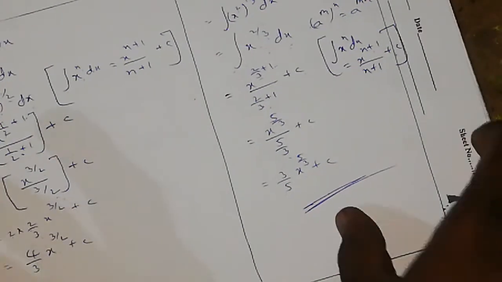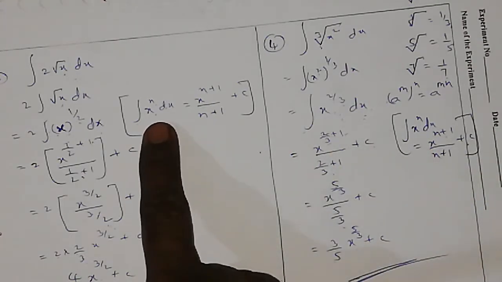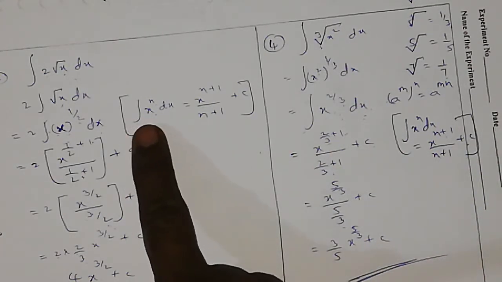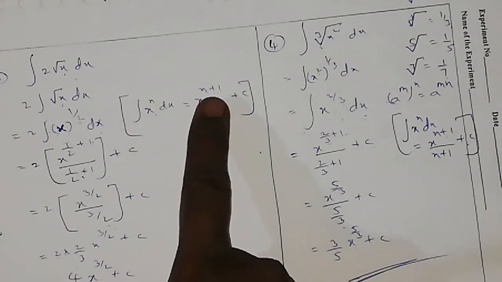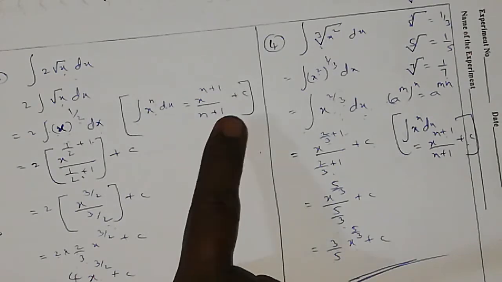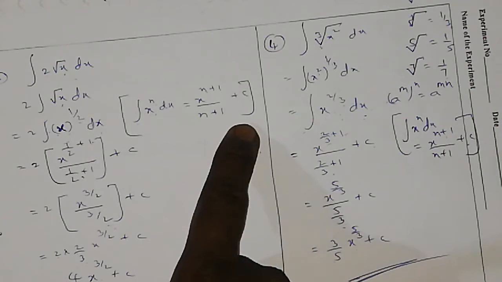Right? So these are the problems related to the integration of x power n dx. So what will the integration of x power n dx be? The integration of x power n dx is equal to x power n plus 1 by n plus 1 plus c. Right. So you have to learn these formulas by heart. When you know these formulas perfectly, then you can do the problems easily. Right. So here is one more thing.